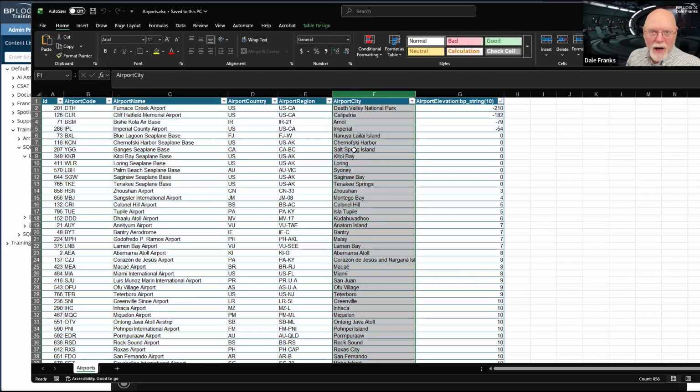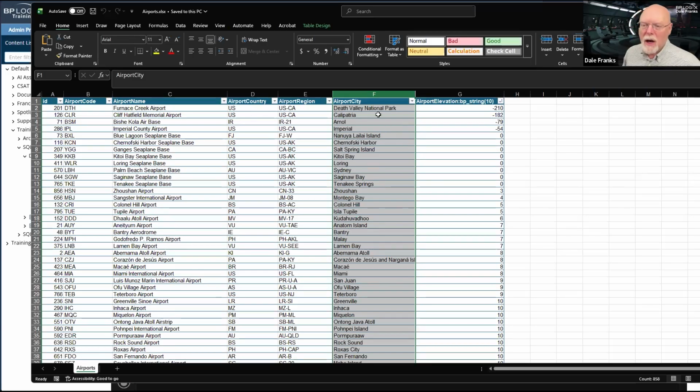And each one of those airports is located somewhere in a city, or at least near a city, unless, of course, you're referring to Denver's airport. The airport in Denver is conveniently located in neighboring Montana. However, most of the time airports are relatively near a city. So what city are they near? Well, that's what the purpose of the airport city field is. So a field holds one specific type of data.